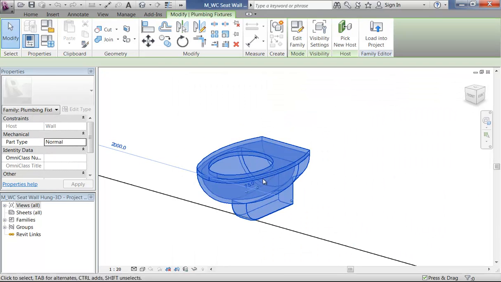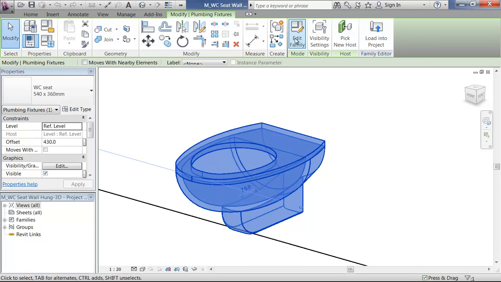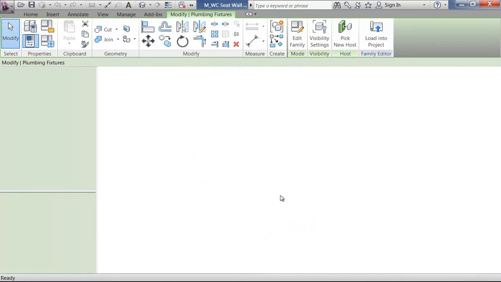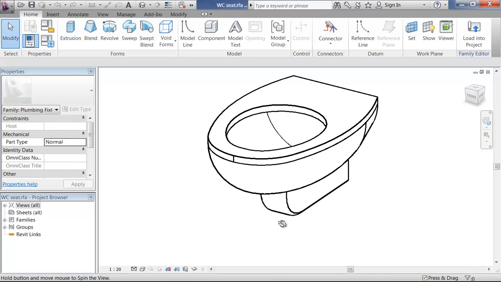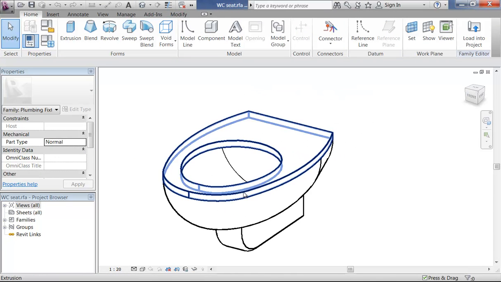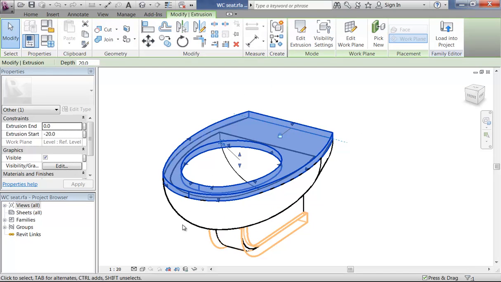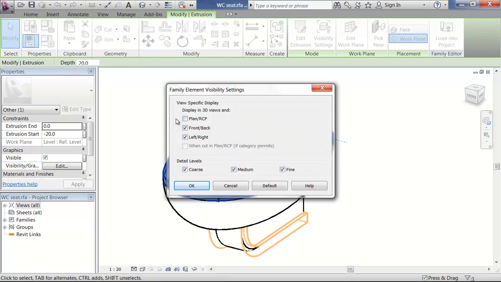Now I'm going to select that WC element, edit family again, and so you can see there the actual solids that make up this family. And so there, if I go now to visibility settings, you can see why it's not showing in plan, it's because it's turned off here. So I'm going to turn that on,